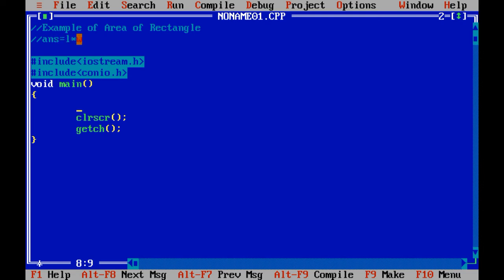That means I need to use cout and cin two times, to scan values of two variables because I need two inputs in different variables. So let us define float data type, answer, L and W. Now cout, enter value for L.